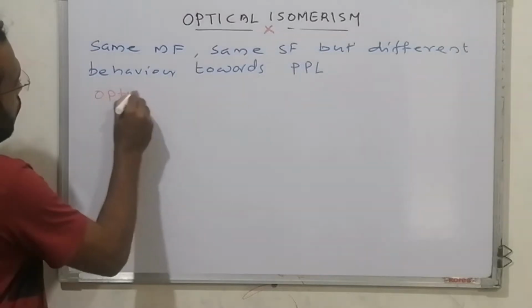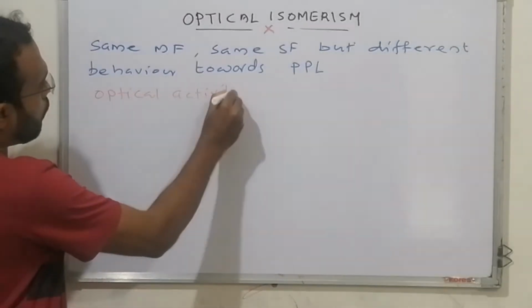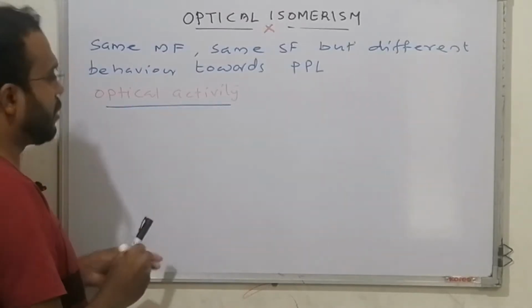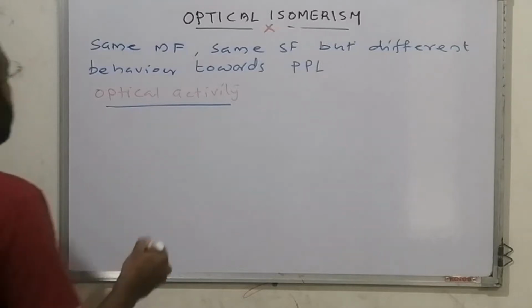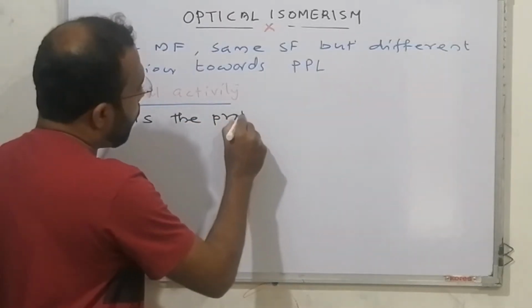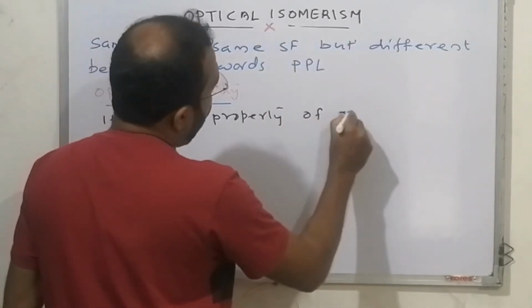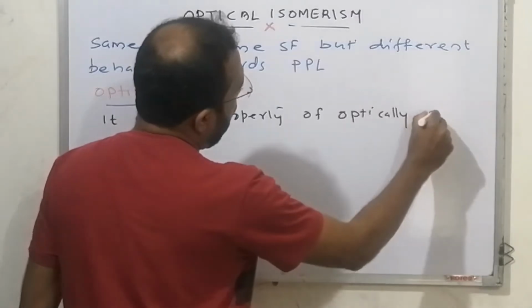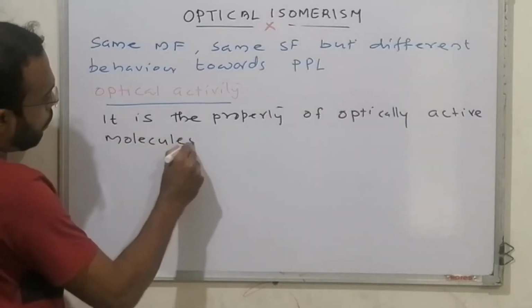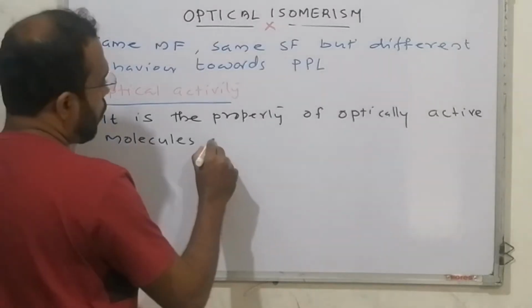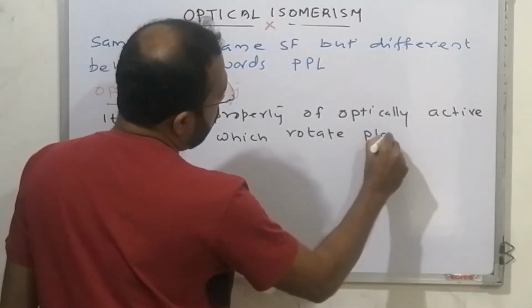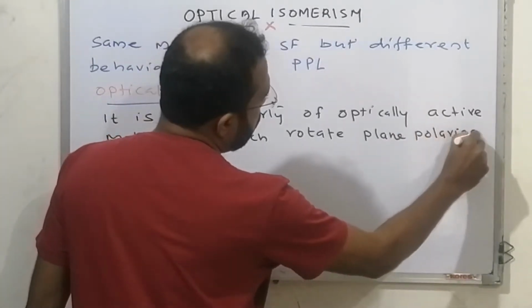Optical activity. It is the property of optically active molecules which rotate plane polarized light